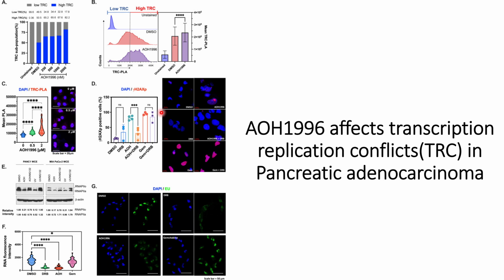The results on the right hand side of panel D also show the immunohistochemistry images of the conditions that they checked in the quantification, which they showed on the left hand side of panel D. In the case of control, they do not see too many TRC signals, but when they use AOH1996, they see an increase in the TRC signals. And in the case of this inhibitor,